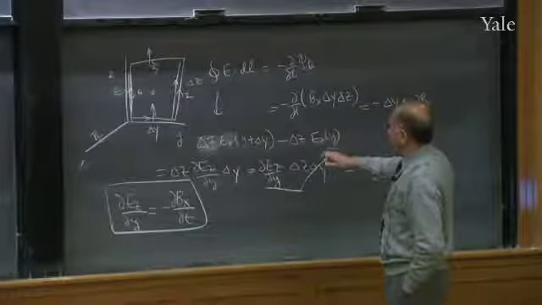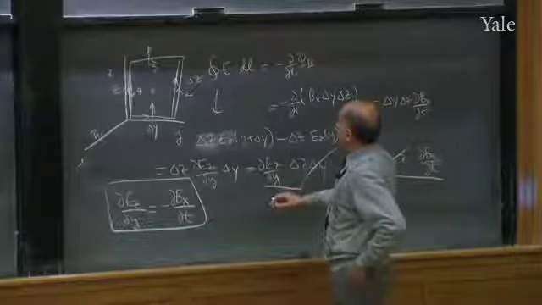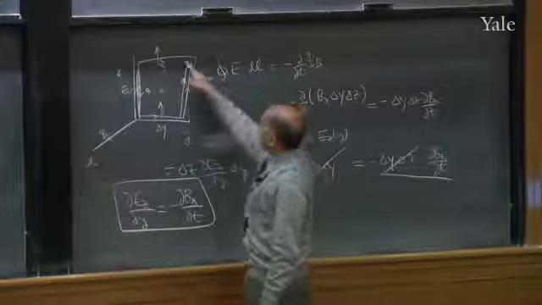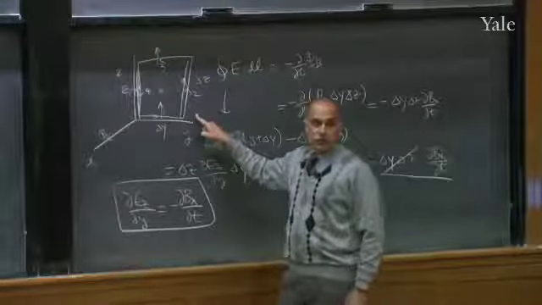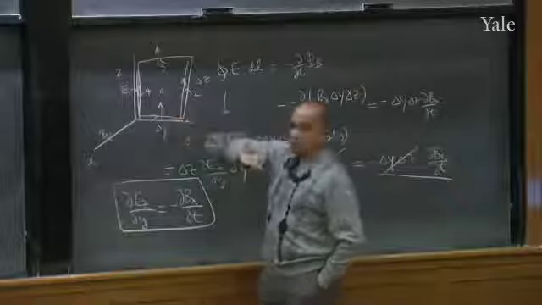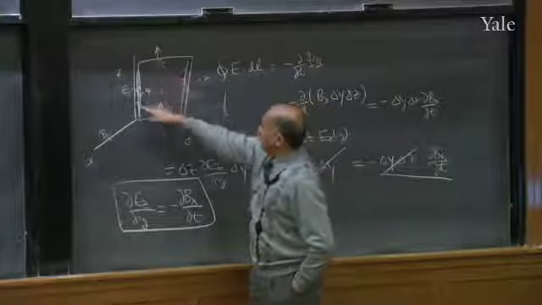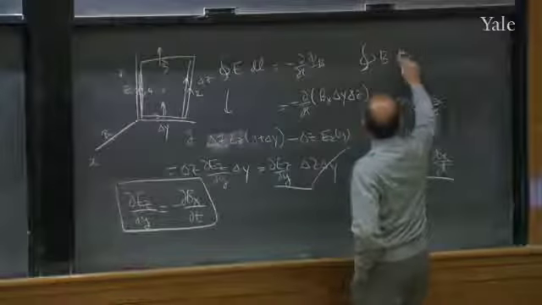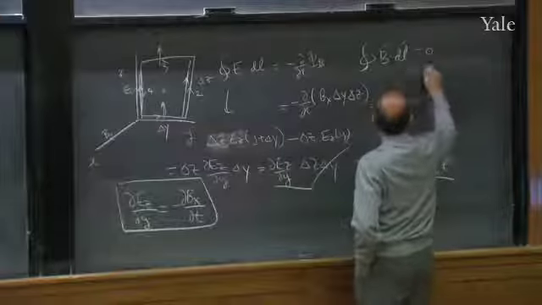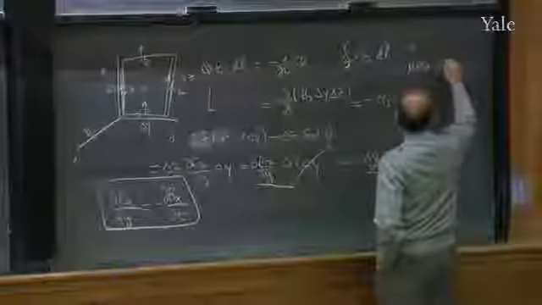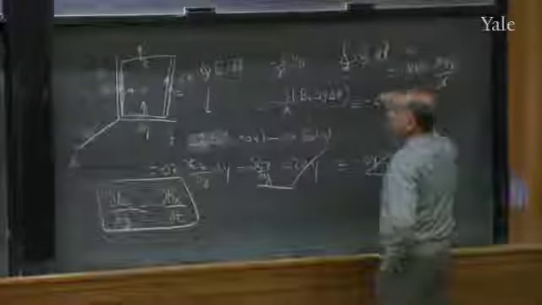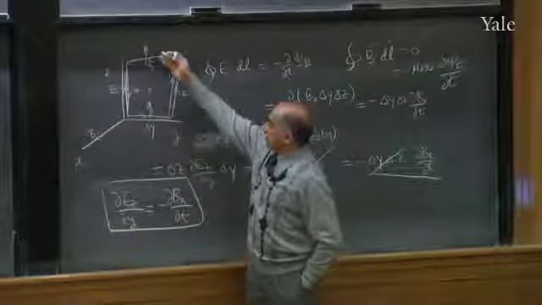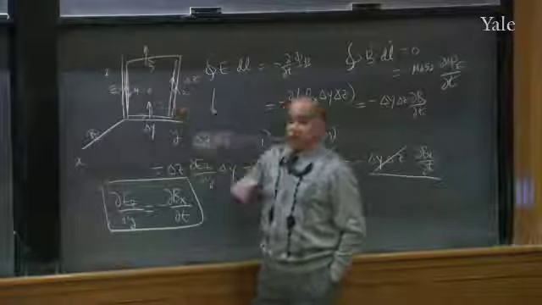another loop equation I'm going to go through somewhat quickly because it's going to be 0 equal to 0. Suppose I take the integral of the magnetic field around this loop. Do you understand why it is 0? The magnetic field is coming out of the blackboard. DLs are all lying in the plane. So the line integral of B is then 0. And that better be equal to minus mu 0 epsilon 0 d phi electric dt. That is the case because there is no electric flux coming out of this face. The electric lines are in the plane of the loop. There is no electric flux. There is no rate of change. So it's 0 equal to 0.